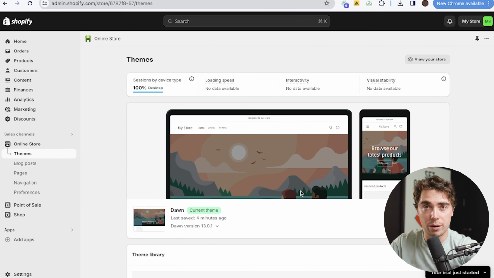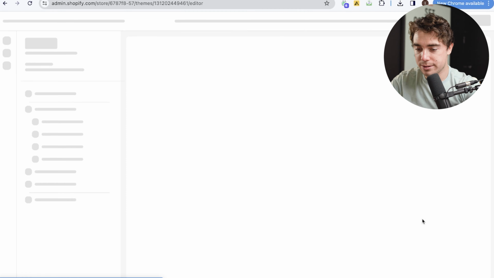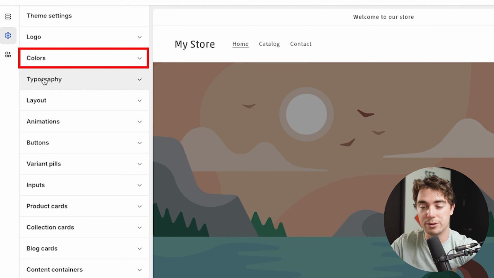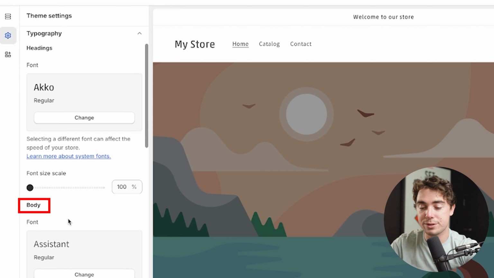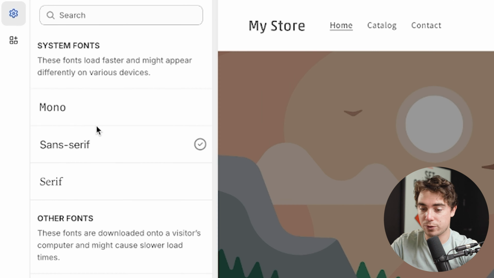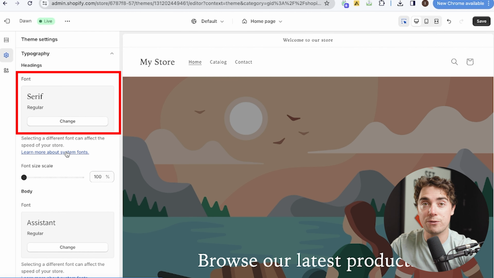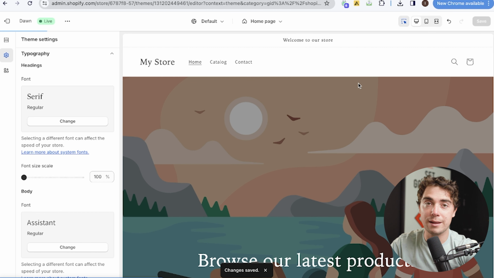Now, as I mentioned before, there are 2 different ways to customize your fonts. Let's start with the easier way first. All you got to do is go to customize, type in theme settings, and here we can modify our colors and different typography. We can do it for both headings and our body with the sizing and the font that we're going to use. For example, let's change our font to serif, press select, and as we can see here, all of our headings should have changed their font. Now, if we are happy with that, we can press save, and boom, it's going to be live on our